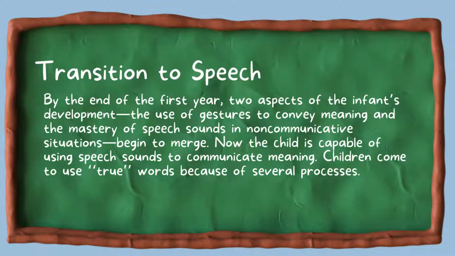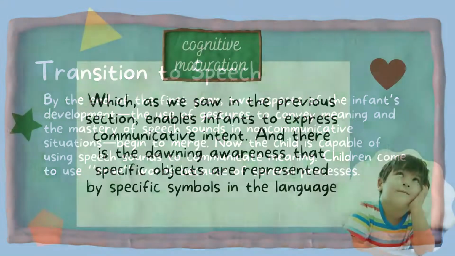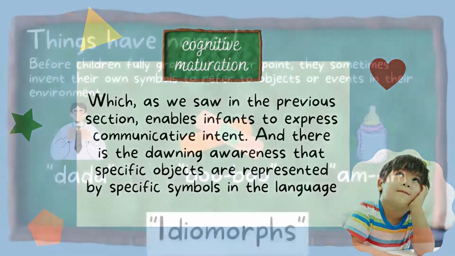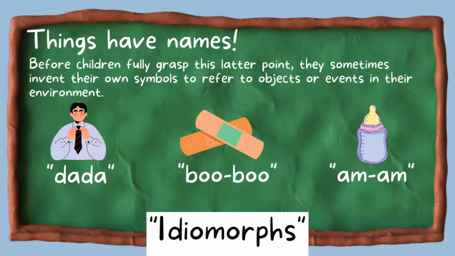Children come to use true words because of several processes. There is greater motor control of the speech apparatus, which enables infants to make sounds in a more precise way. There is cognitive maturation, which, as we saw in the previous section, enables infants to express communicative intent. And there is the dawning awareness that specific objects are represented by specific symbols in the language: things have names. Before children fully grasp this latter point,